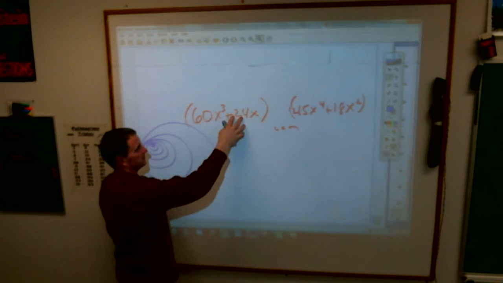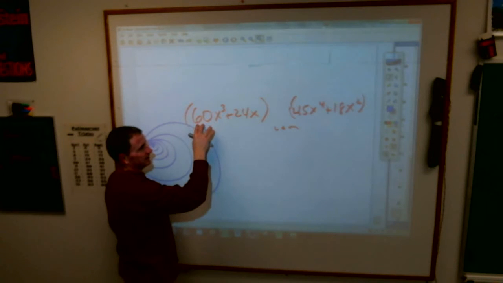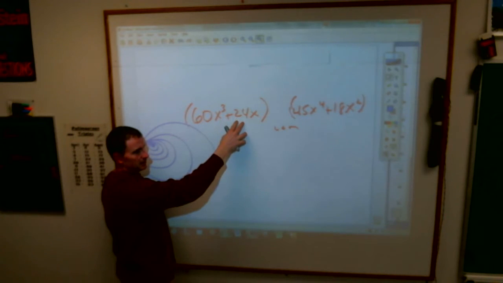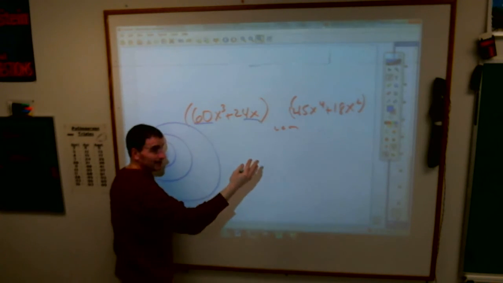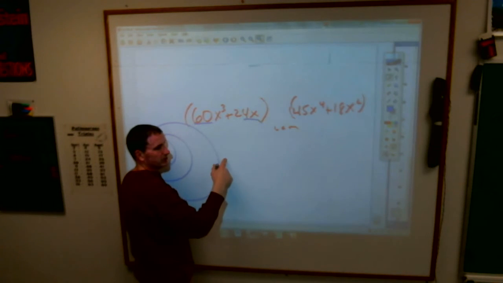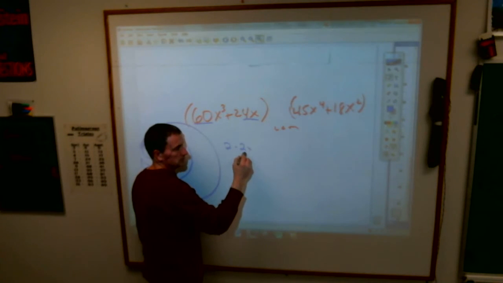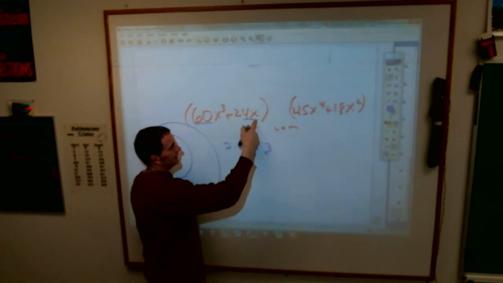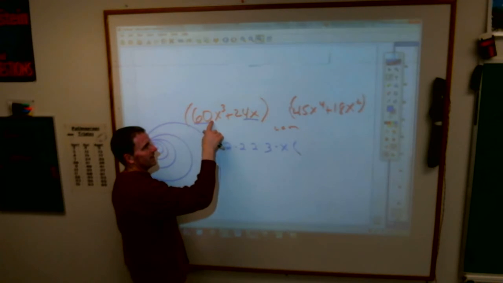What would you take out of this? You can take an X out and a number. What number can you take out of 60 and 24? 12. Who said 12? Thank you, Claire. So if I take a 12 and an X out, prime factorizing, 12 is 2 times 2 times 2 times 3. I take an X out, and in parentheses what's left is a 5x squared